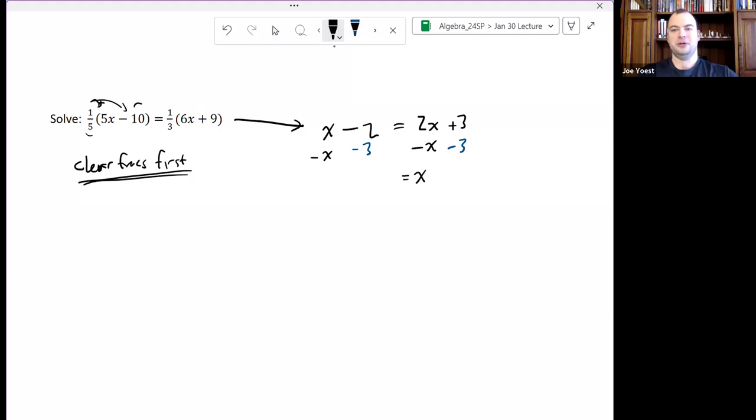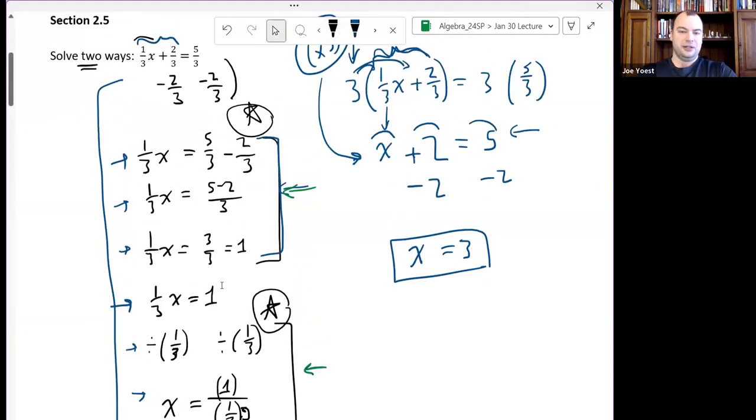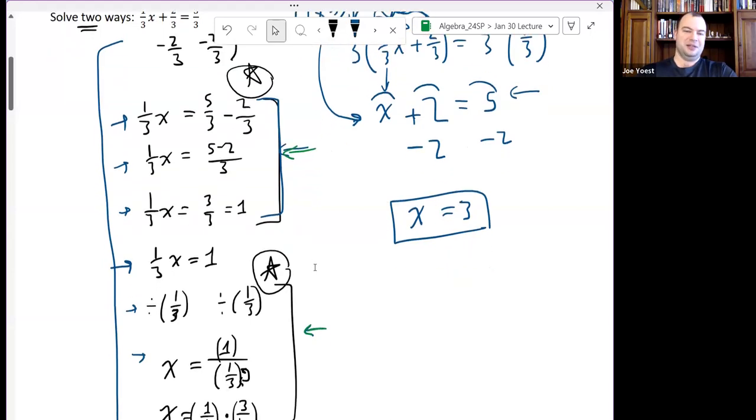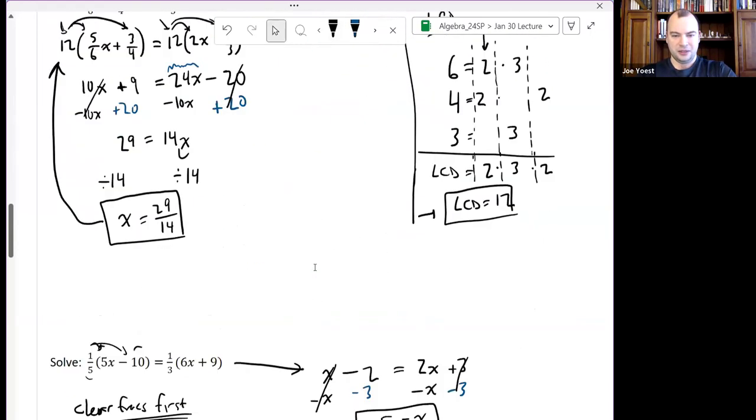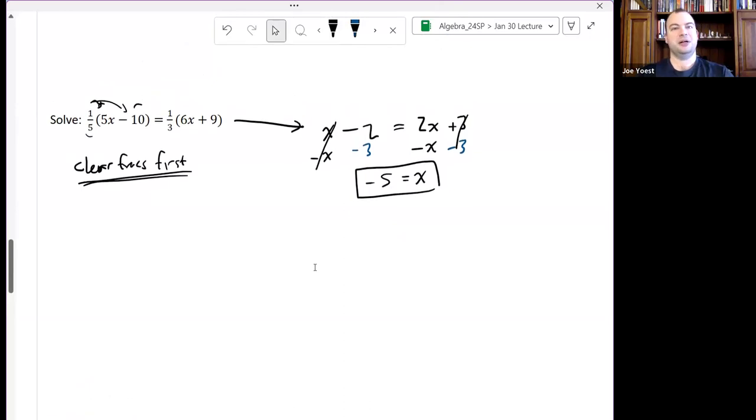Over here, I'm left with 2x minus x is x. They go away. X minus x goes away, minus 5. So in this case, distributing first, unlike working with the fractions up here, where not clearing the fractions first made a big mess, in this case, not clearing the fractions first actually was kind of beneficial because it worked out